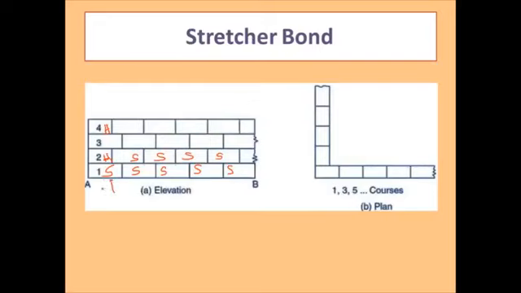So in this bond, lap length is half of the brick length, because this is a stretcher you can see here, and here is a stretcher. So obviously this will be half of the brick length. Then using this bond, whatever wall you construct, the wall thickness will be like this. So what will be this thickness here?